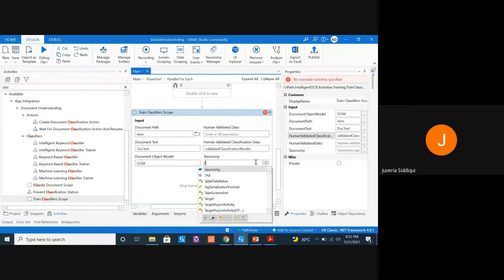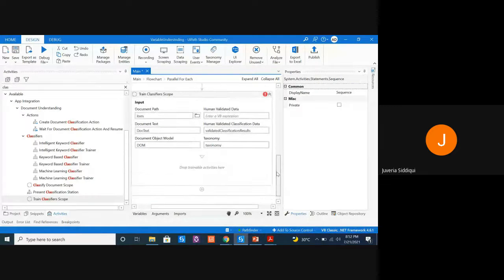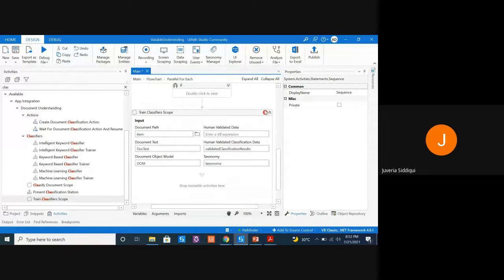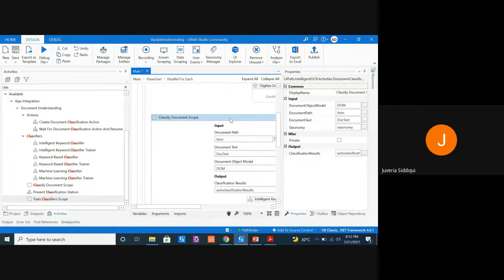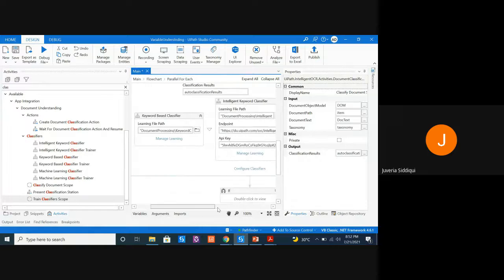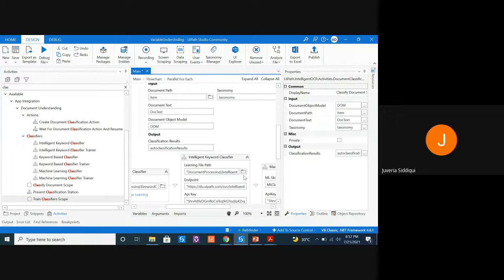So let's provide taxonomy. Taxonomy is also an output that we got earlier from our load taxonomy activity. Now, I know how to minimize this error, but why we are getting this error, I'll tell you. If you go back over here in the classify document scope, remember we used 3 classifiers and we have to train all these 3.